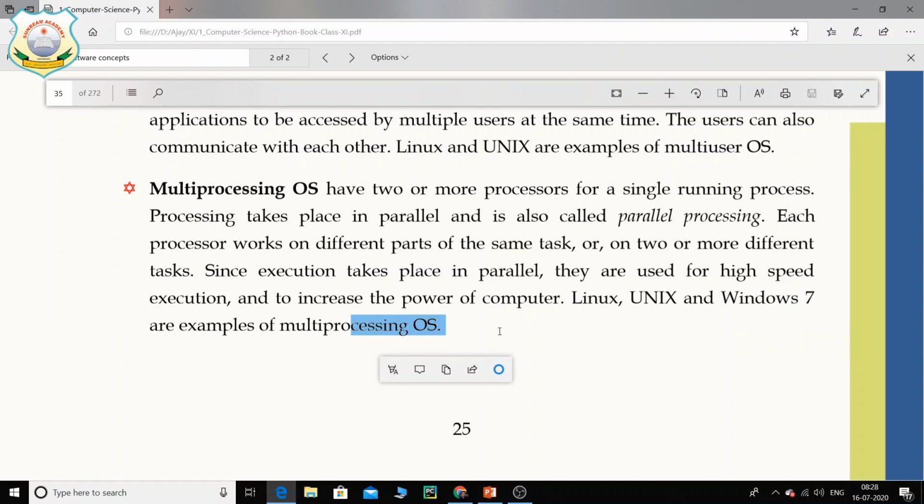अब ये Windows 7 कहाँ से आया, Windows 7 भी आता है, Windows 8 भी आएगा, Windows 10 भी आता है। So Windows 7 से लेकर की बात हो रही है। अब ये क्यों हो रहा है चिल्ड्रन, now we have i3 प्रोसेसर, i5 प्रोसेसर, i7 प्रोसेसर्स। तो इन प्रोसेसर्स में पैरेलल प्रोसेसिंग होता है चिल्ड्रन। ये बहुत लोगों को पता नहीं होता है, but there are dual processor, more than one processor होते हैं उसमें एक चिप में, और उस हार्डवेयर को सपोर्ट करने के लिए हमारे पास विंडोज 10 है, विंडोज 7 प्लस से हम आगे लेंगे, विंडोज 7, विंडोज 8, विंडोज 10, ये सारे पैरेलल प्रोसेसिंग को सपोर्ट करते हैं।